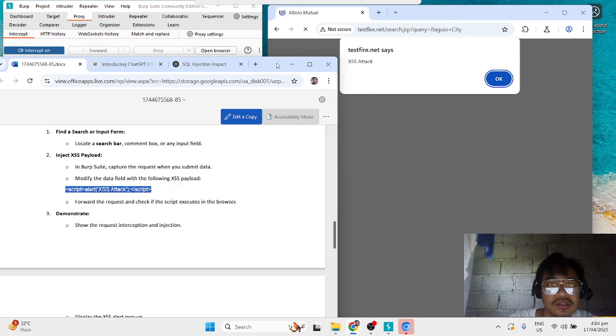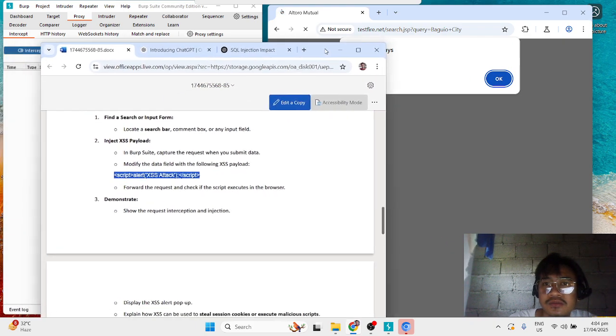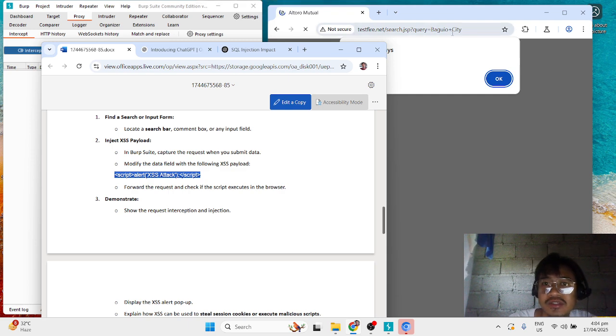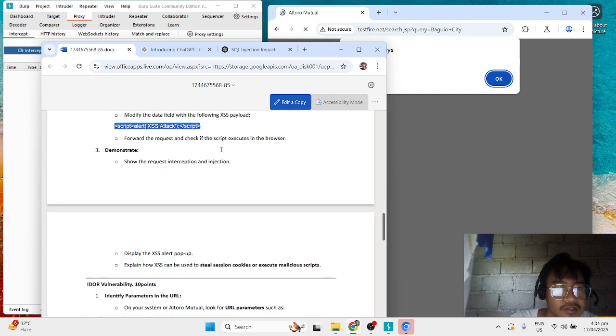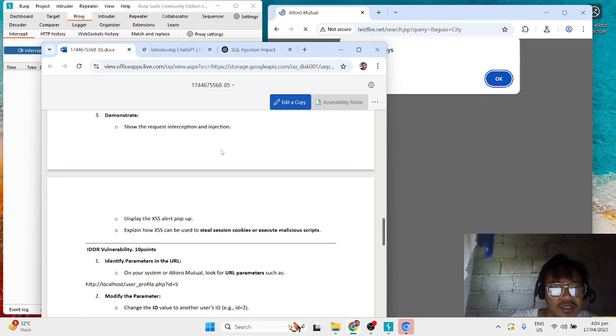So meron siyang ganon, which is may Baguio City pa dito. So demonstrate, show the request interception and injection. Display the XSS alert. Explain how XSS can be used to steal session cookies or execute malicious script.